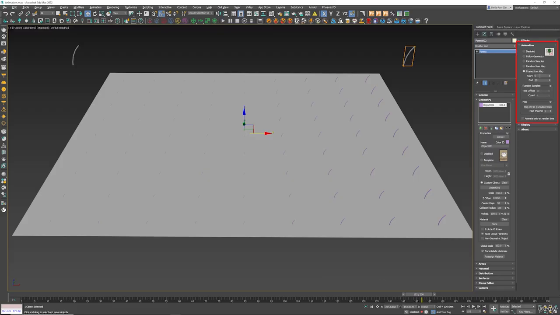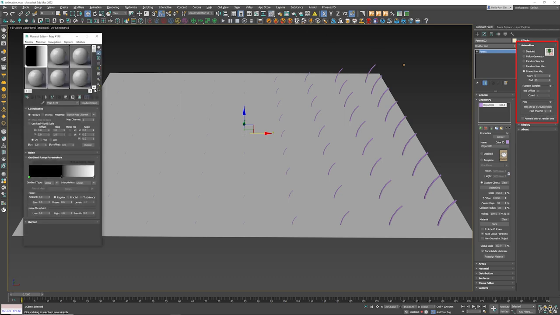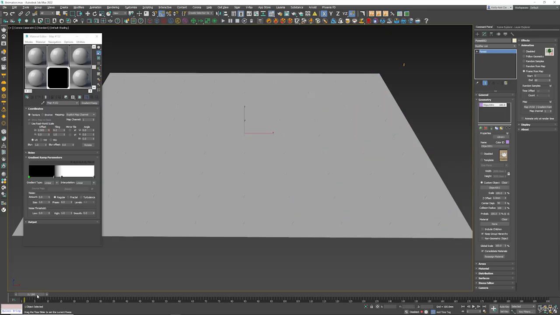So we just discussed now that we only want to manipulate the first 60 frames. So let's do that. The next portion is to understand, as you can see, nothing is animated, and that is because the gradient map has to be animated. So when you're using frame from map, you have to actually animate your gradient map. So let's go into the material library here quickly, and I've already prepared an animated gradient map. So I'm going to attach this one right over there and say instance,